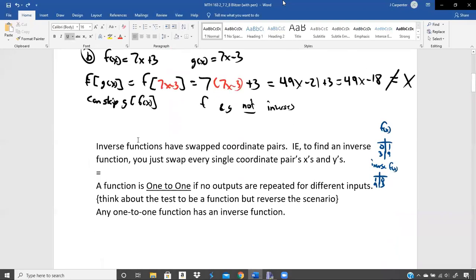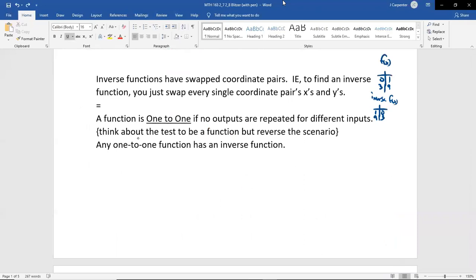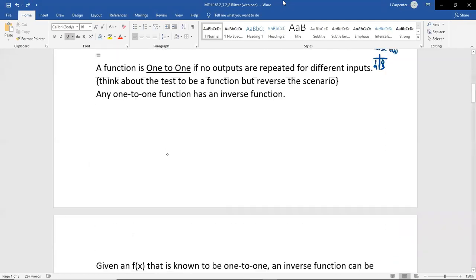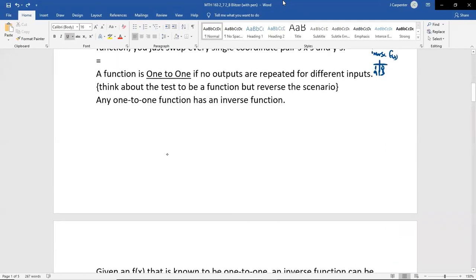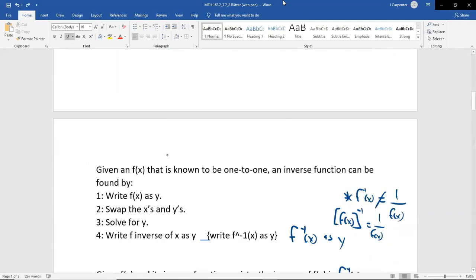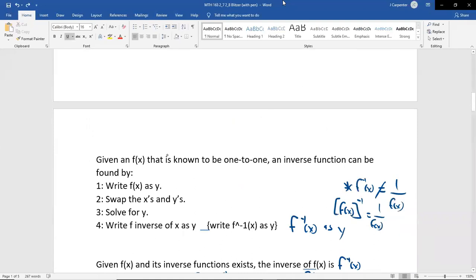We also talked about how inverse functions, the idea is you're just swapping x's and y's, whether they are the literal variables or they're the coordinate pairs or the graph, and then that's still coordinate pairs. We talked about what it means for a function to be one-to-one. We'll get into that graphically a little bit later. But then finally, we gave the instructions on how to, instead of be given two functions and say whether they're inverses of each other, in other words, whether they cancel each other out by putting one inside of the other,